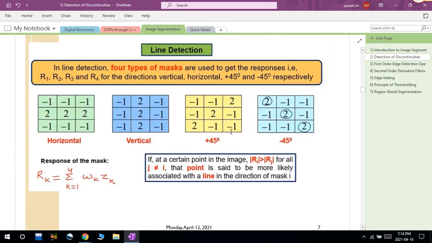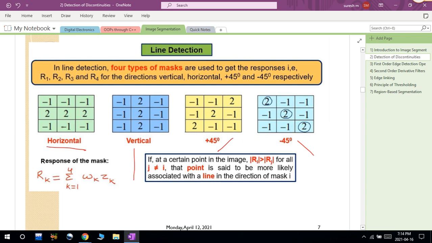And we discussed line detection. In the image we can have these types of discontinuities where I can find the lines. In case of line detection, I have to use 4 types of masks: one for horizontal lines, one for vertical lines, and two for 45 degree slanted lines, in the positive and negative directions. So in case of point detection, we have only one mask, but in case of line detection, as we can detect these 4 types of lines, we have 4 different masks.